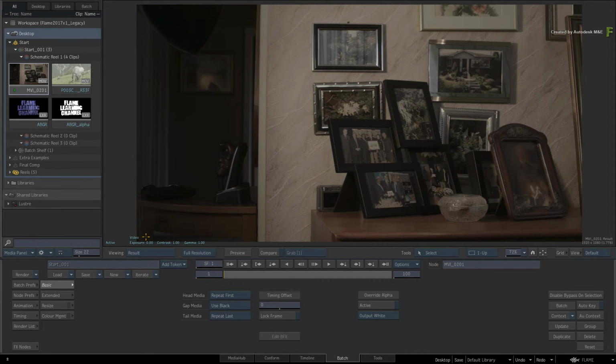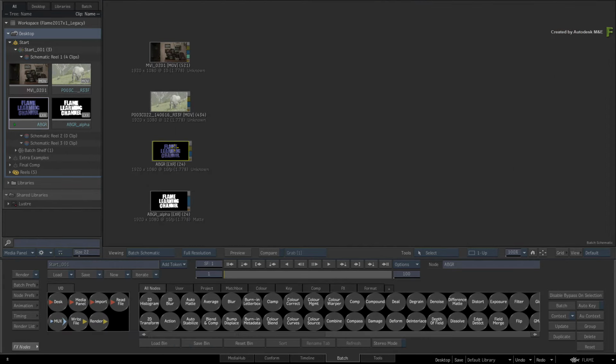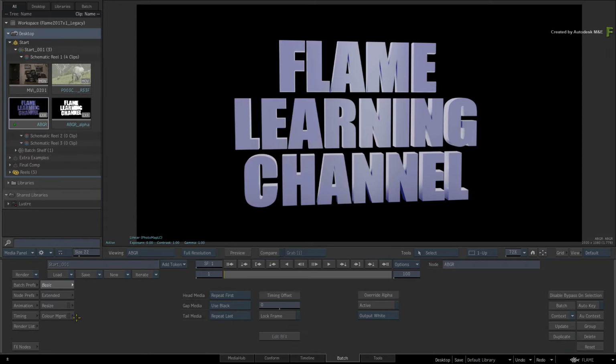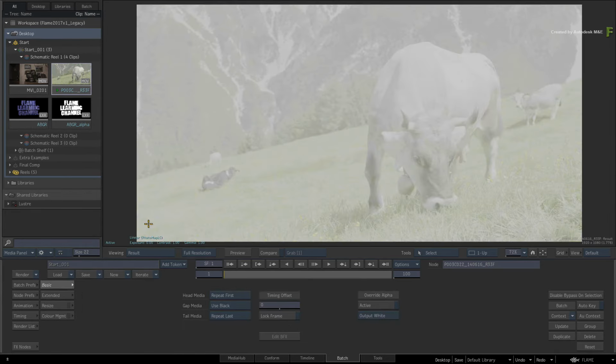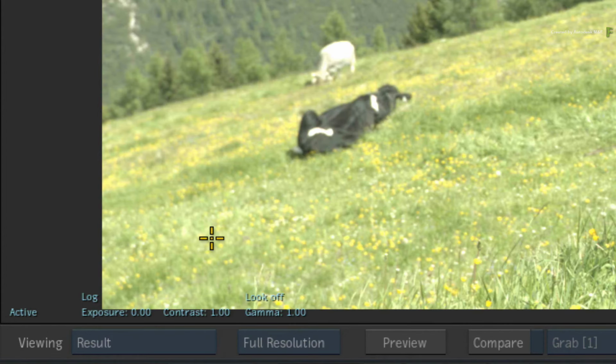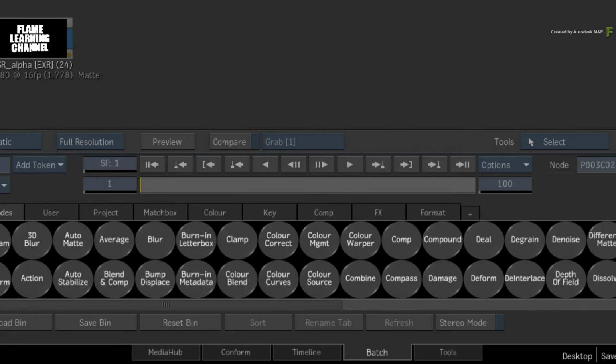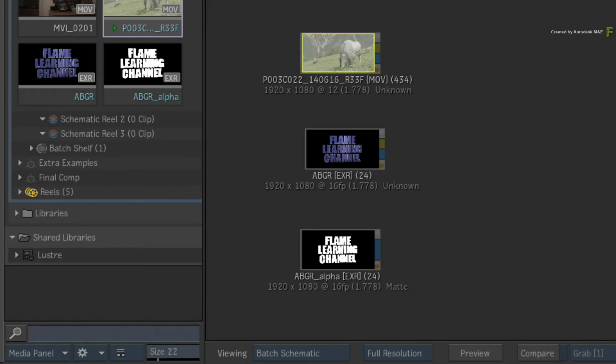If I click on a linear image, I need to set the view transform to linear. And if I click on the log image, I need to set the view transform to log as before. Coming back to the batch schematic and going to the batch node bin, the LUT editor node is now called the color management node.